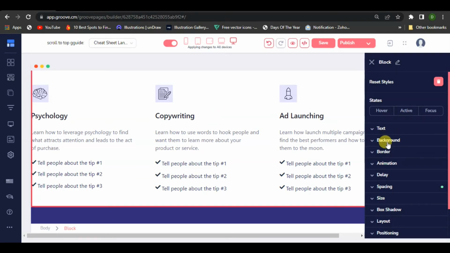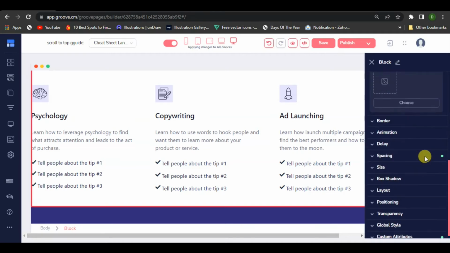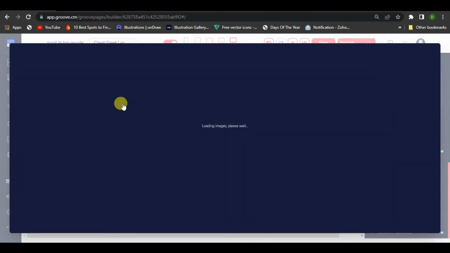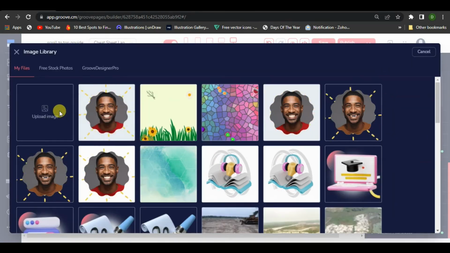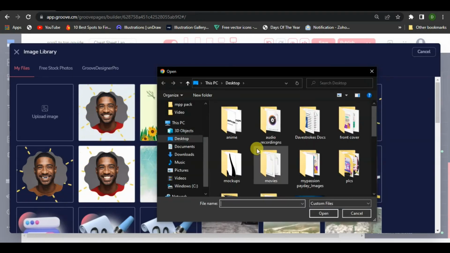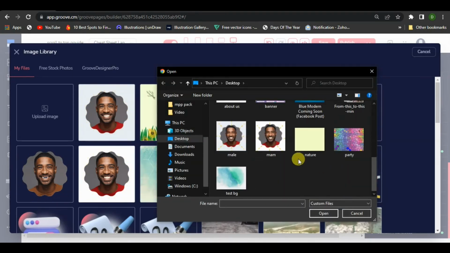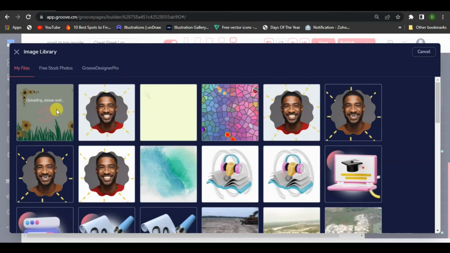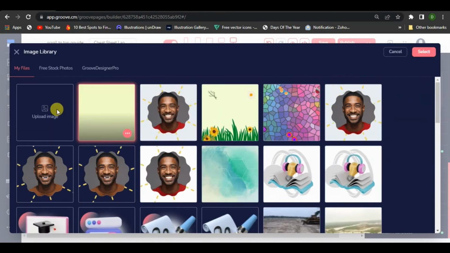Come back to the block here and come to background, image, choose image. Come here and upload this nature right here.